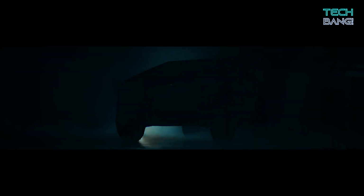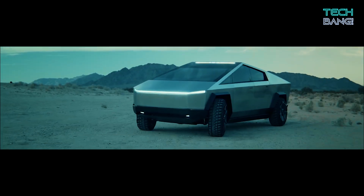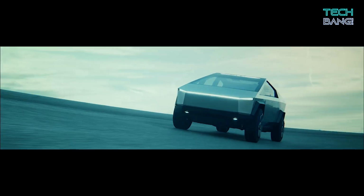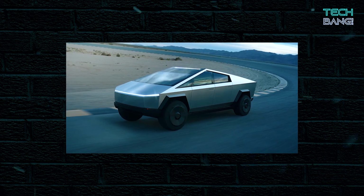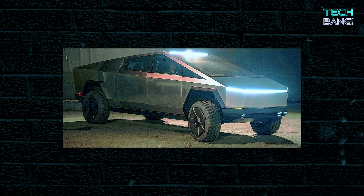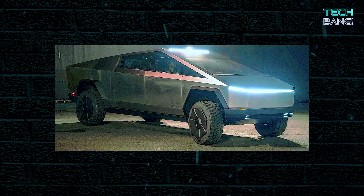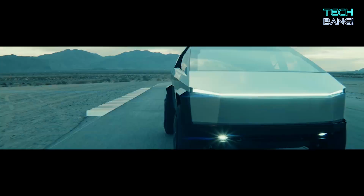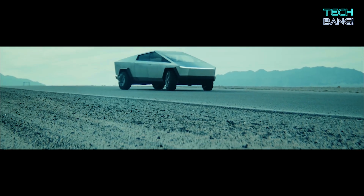The Tesla Cybertruck has been on the receiving end of a crazy amount of attention since its release in November of 2019. Its futuristic look alone is pretty scary to some, and there's no doubt that this is one of the gnarliest trucks the world has ever seen. So in this video, we will be taking a look at some of the aspects which this much-hyped vehicle is